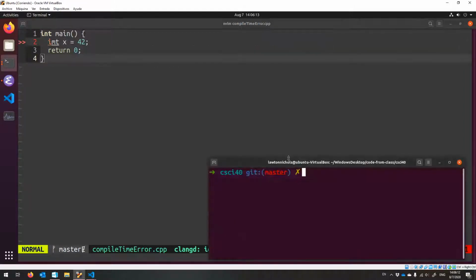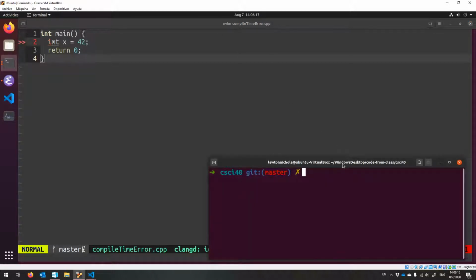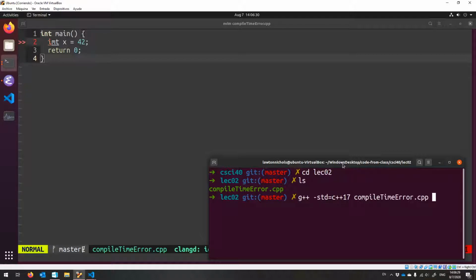Here's my first terminal and my second terminal, and now I will go into the same folder so that I can show you the code at the same time as me compiling it. In order to compile: g++ -std=c++17, the name of the program,